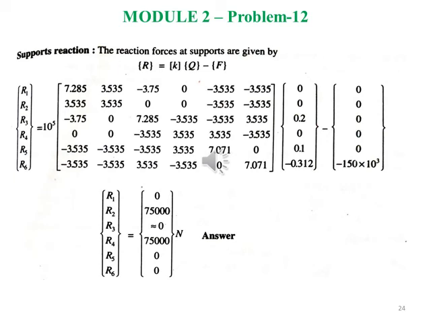So reaction is equal to K into Q minus F. So the K matrix is written down, multiplied by the Q matrix, minus the force matrix F. This is matrix multiplication and subtraction, and we get the reaction forces: R2 is 75,000 newtons, that is at node 1, and